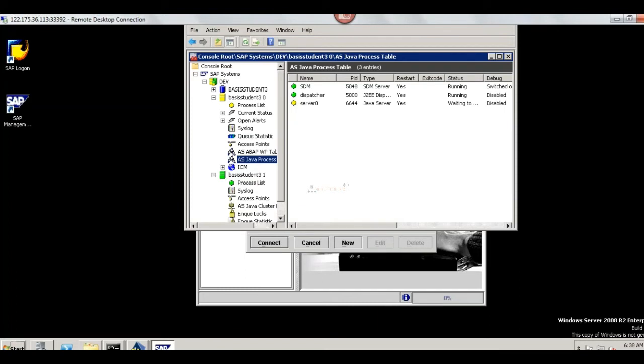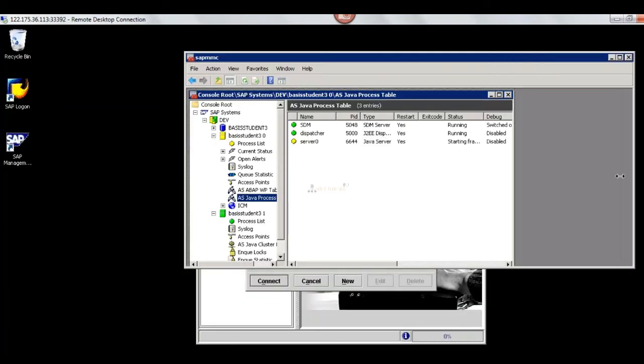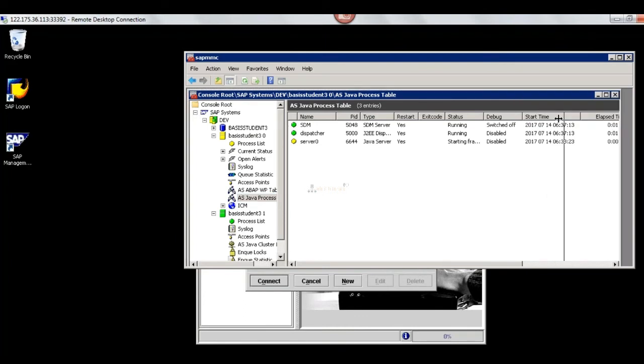Dispatcher, server 0, waiting, starting. For Visual Administrator and NetWeaver Administrator, your Java stack should be up and running, correct?